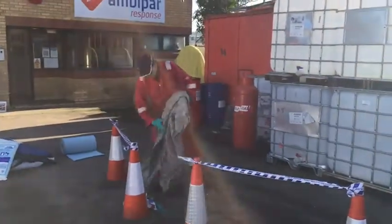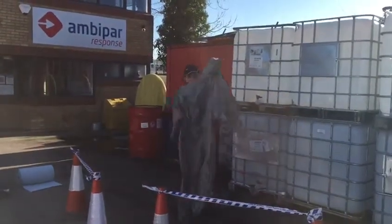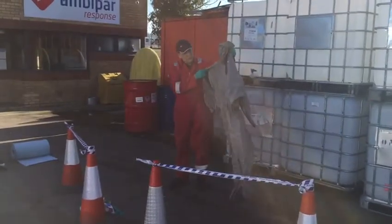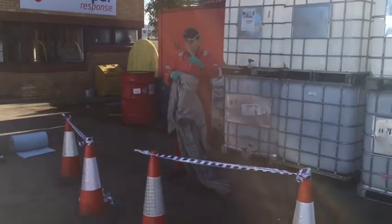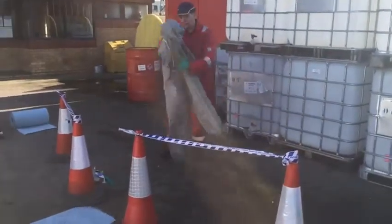Moving on from that, we could also be wearing a suit like this over the top of my overall. This is a sort of splash resistant suit and something that we could put on while we're in that environment with the skimmers and recovery equipment. So if we just say that I've put that on now,